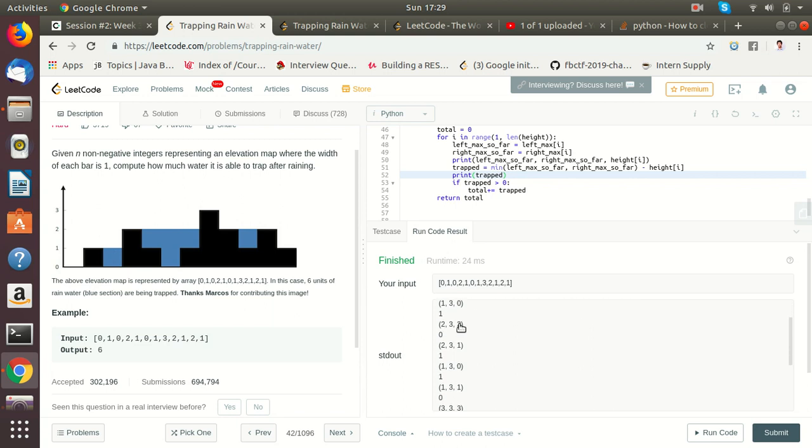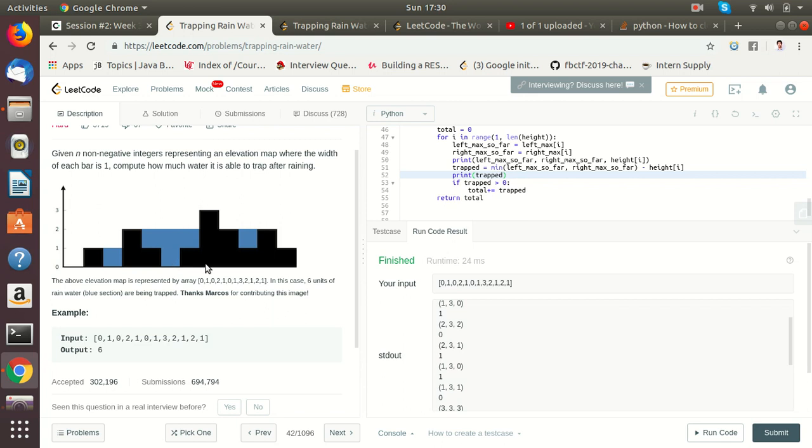We're going to go to value 2, and the left is 2 itself, the right is 3, so we're going to take 2 minus 2, which is 0. Okay, we go to value 1, and the left is 2 and the right is 3, so the minimum of 2 and 3 is 2, minus 1 is 1. Okay, and we're at 0, and then the left is,